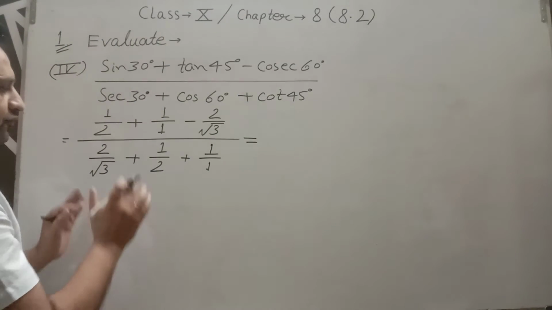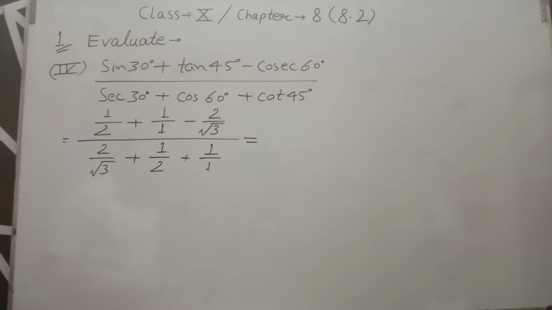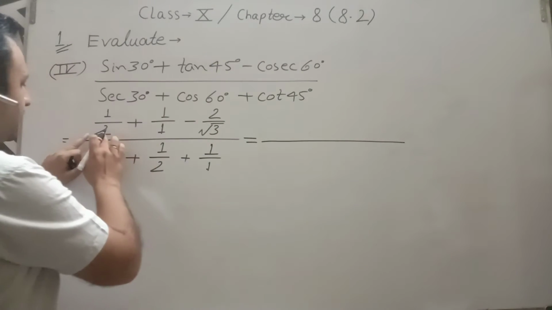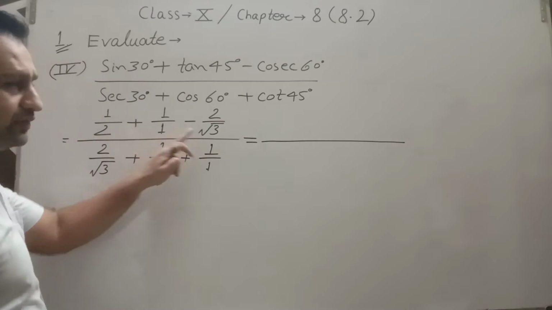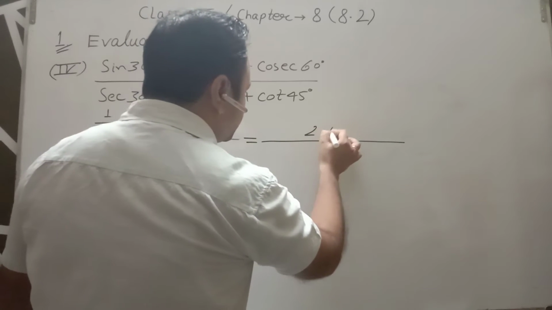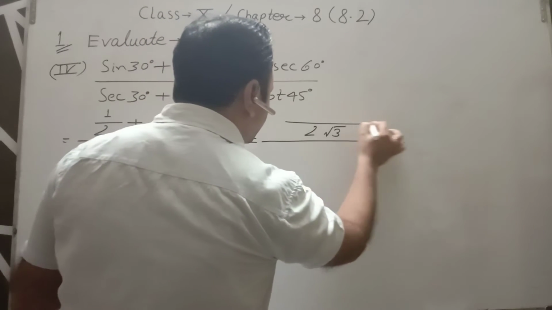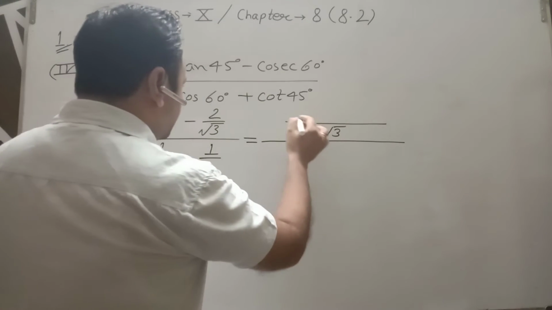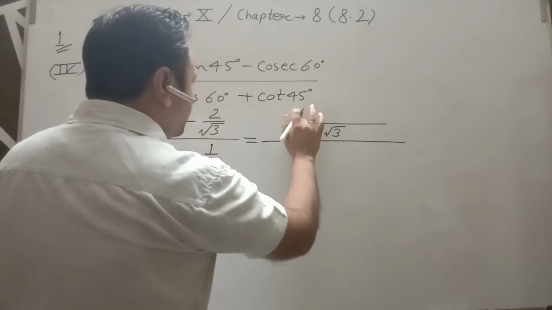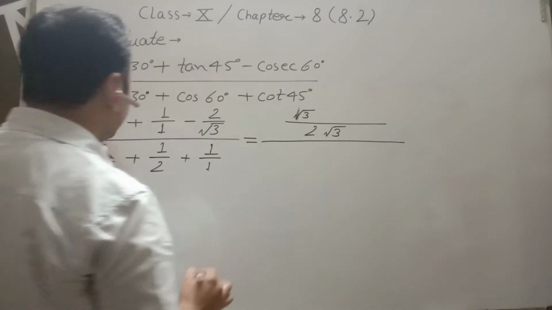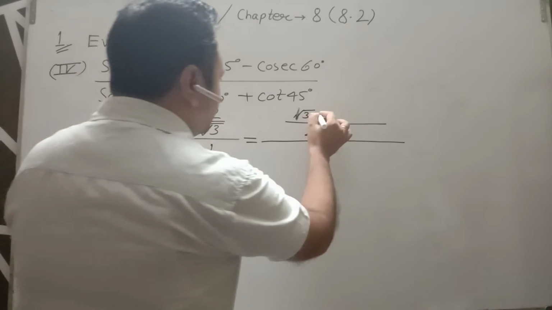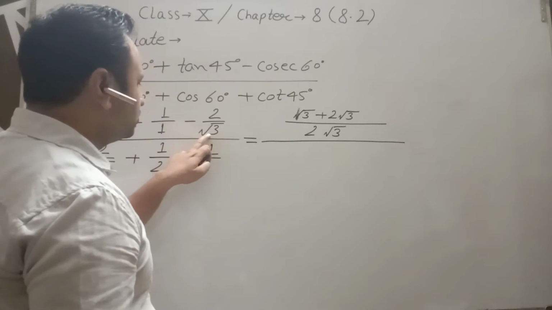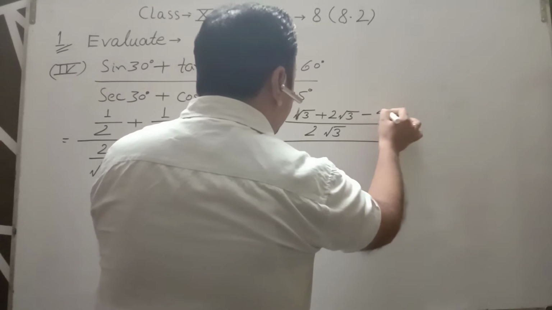Now we simplify. After putting the values of trigonometric ratios, now we calculate. There are three fractions in the numerator, so firstly we take their LCM, and their LCM is 2 root 3. 2 root 3 divided by 2, we obtain root 3, multiply by root 3 by 1. The value is root 3. 2 root 3 divided by 1, so it is also 2 root 3. 2 root 3 divided by root 3, 2. And 2 multiply 2, 4.